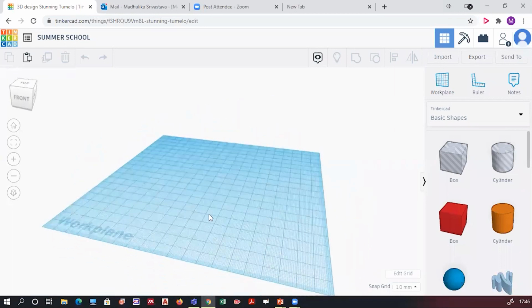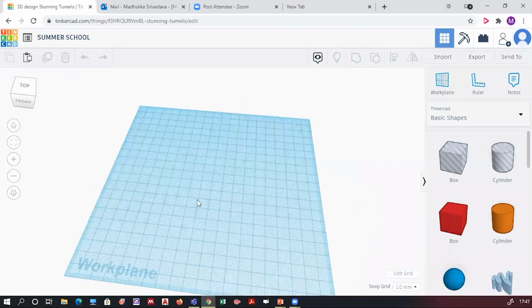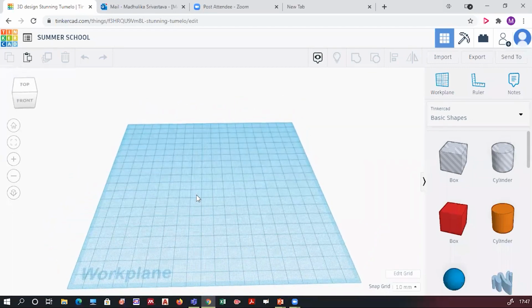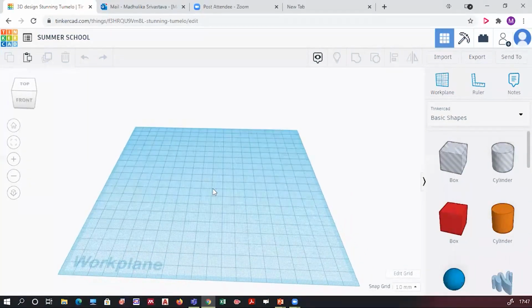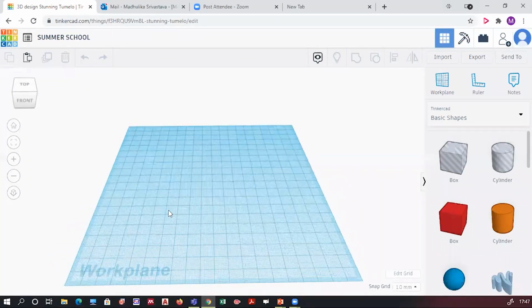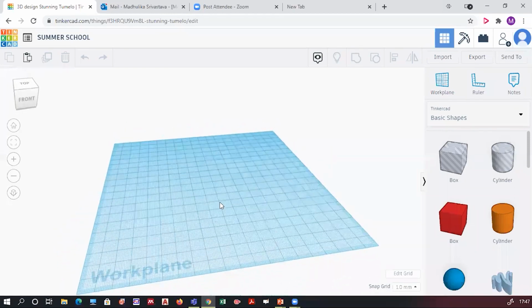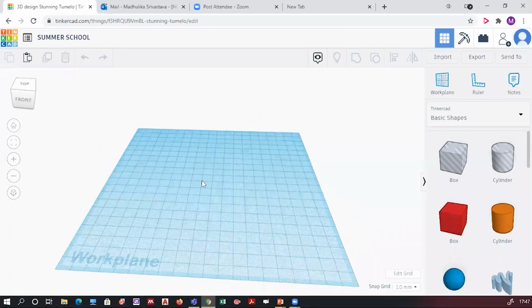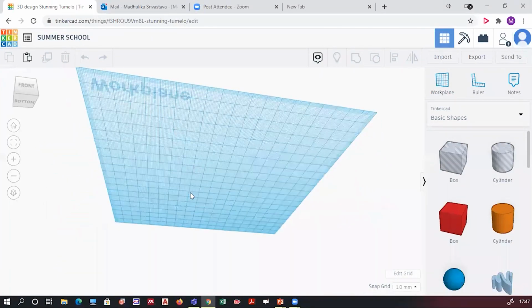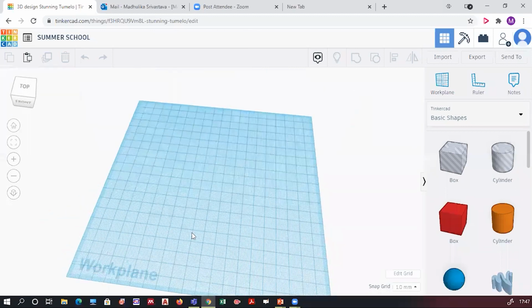Better to use laptops instead of phones. You can do it on a phone, but some things you can't do, and with some precise dimensions, maybe you will face some difficulty. Just right click and you can rotate to the back of the work plane, front of the work plane, anything.